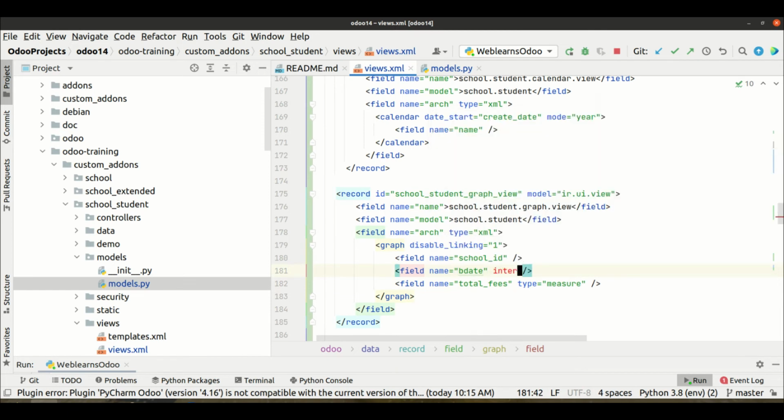Here we have to use interval. Here we have different types of options available. You can see day, week, then month, then quarter, and the year. Alright, so these options are available here. So let's say I want to see quarter wise. For that I will use it like this,